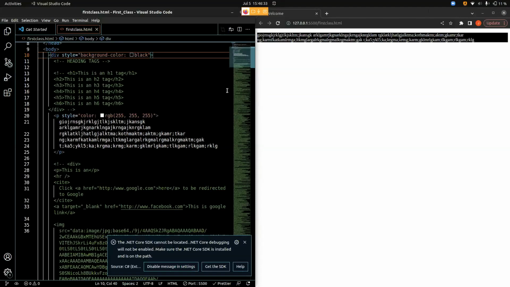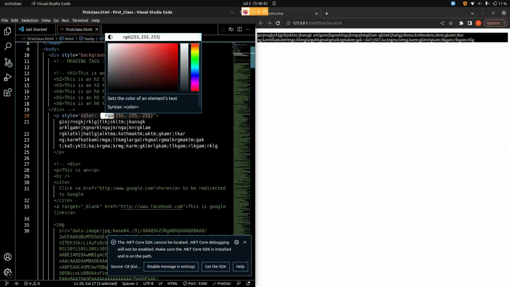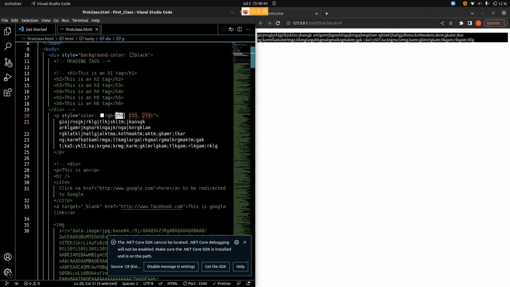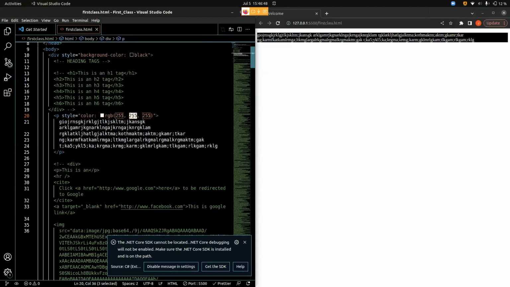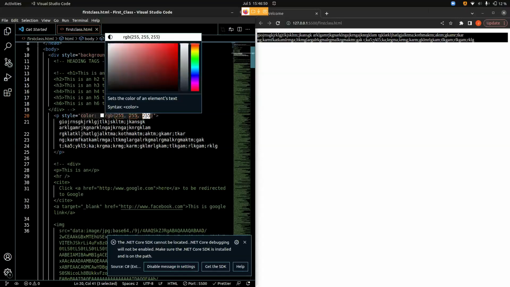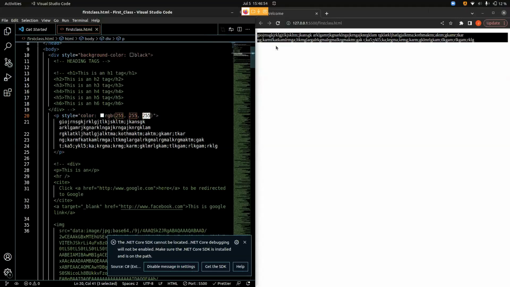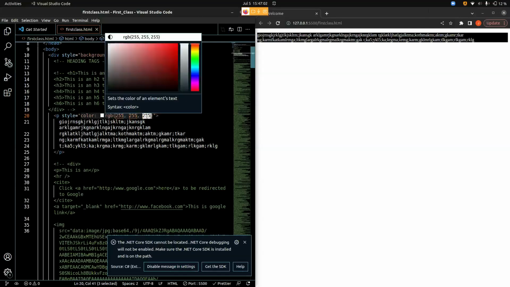Yeah, I gave the RGB value. The first one is the red because RGB stands for red, green, and blue. So the red value I give it 255, the highest. The green value I give it 255, and also the blue value I give it 255. That is why we can see this white color in here. It changed the color to white. So if I decide to change this,